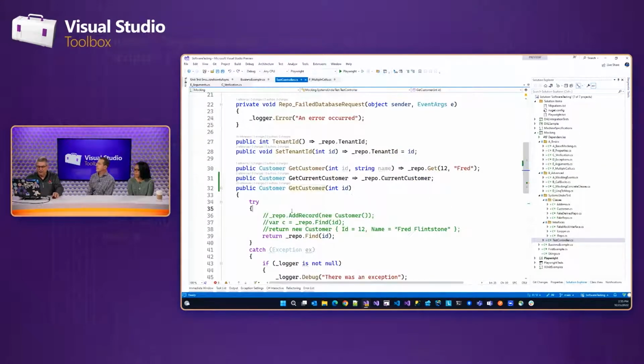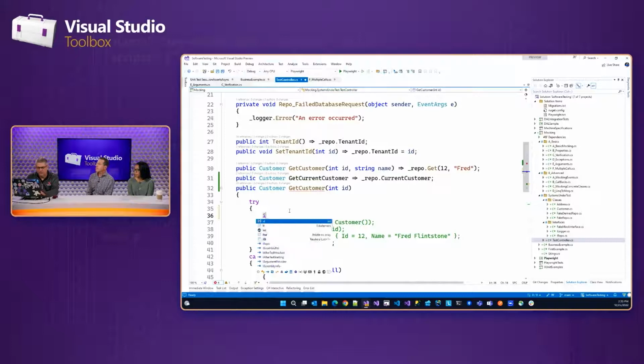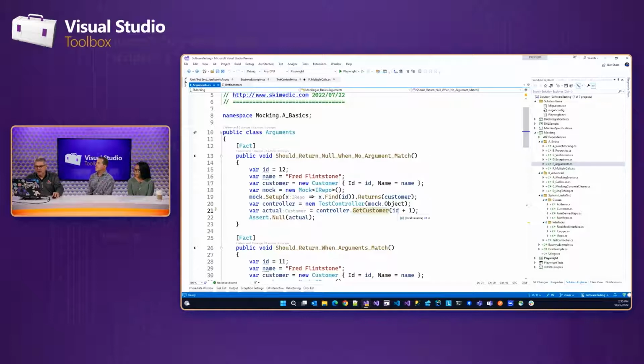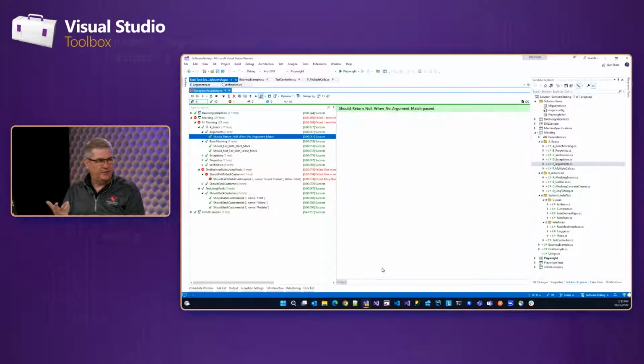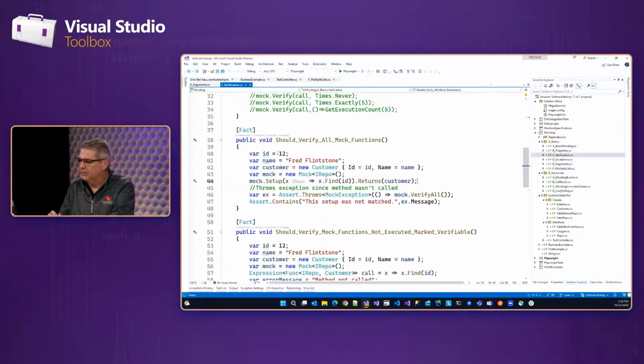Because you could have a bug where you do this. Now, I don't know why you would do this, but it's a legitimate bug. You go, oh yeah, I'm calling get customer, passing in the ID. It's going to call find, getting the ID, but it's still going to return null because I've changed the ID. And so it's passing because I'm checking for the failure, making sure that it's null.